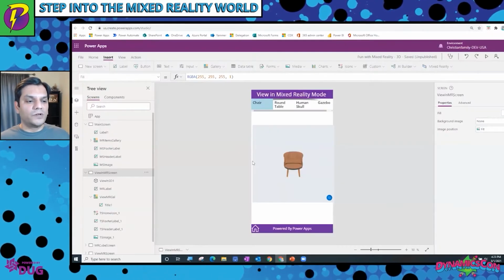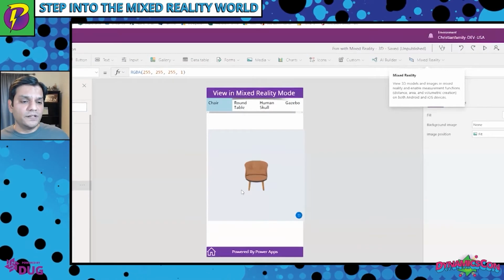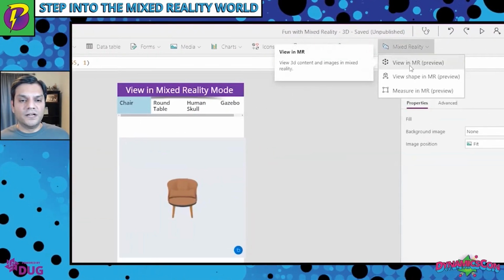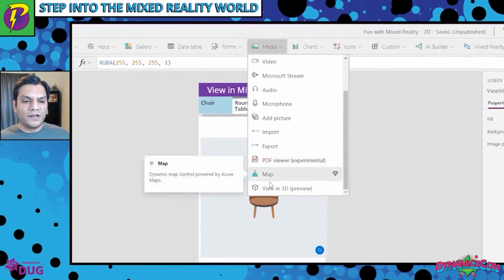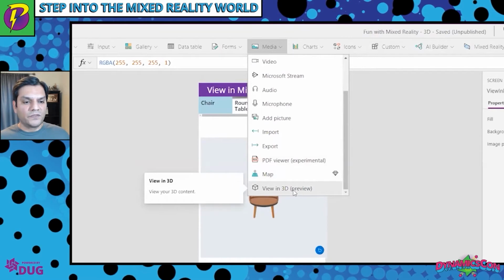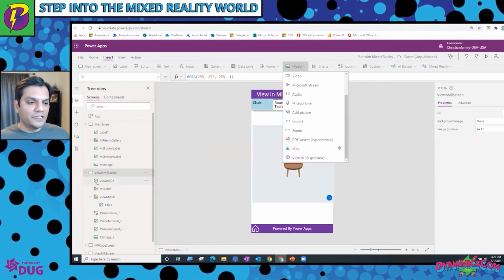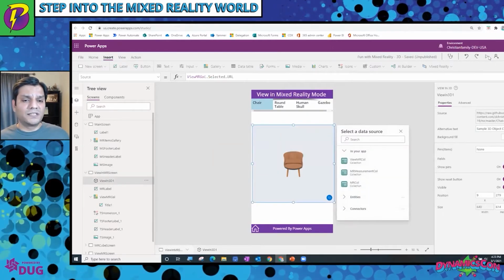But I want to walk you through how it works in Power Apps. The first one I want to focus on is the 3D viewer. So in the 3D viewer, I basically came over here to the image, and in the image, I've gone ahead and dropped in this View in 3D. If you pay close attention to the icon, see it matches over here. That's basically the control that I've added. And it's so slick because, look over here.